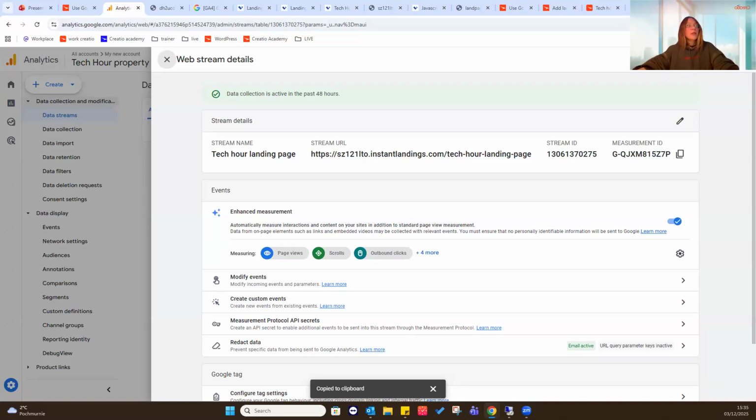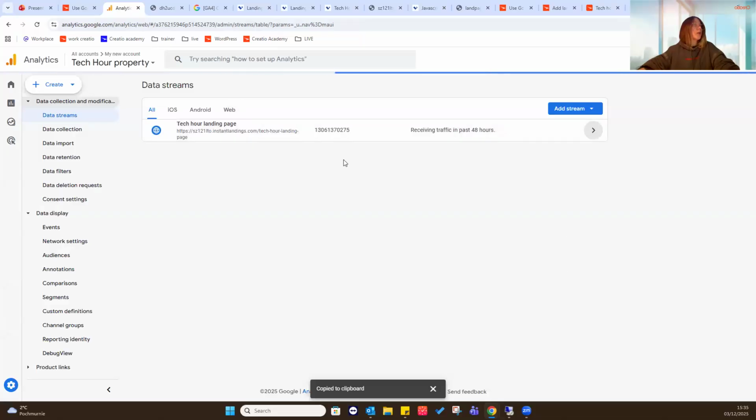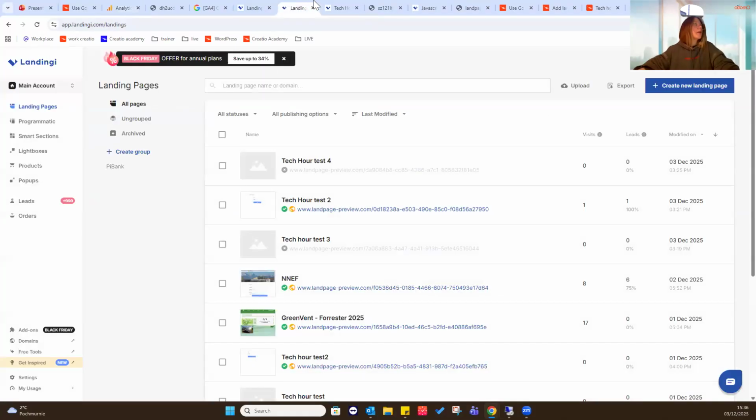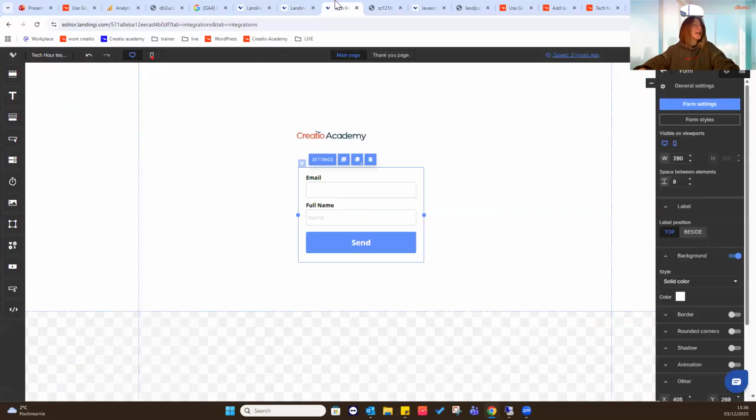Let's see. So that would be our landing page created within Creatio. Let's see how I can work with a landing page from some external source like Landingy. All right, I was already testing. Okay, here I have a super simple design of a landing page. Again, I know you could make this more aesthetically pleasing, but for testing purposes, I'm going to keep it